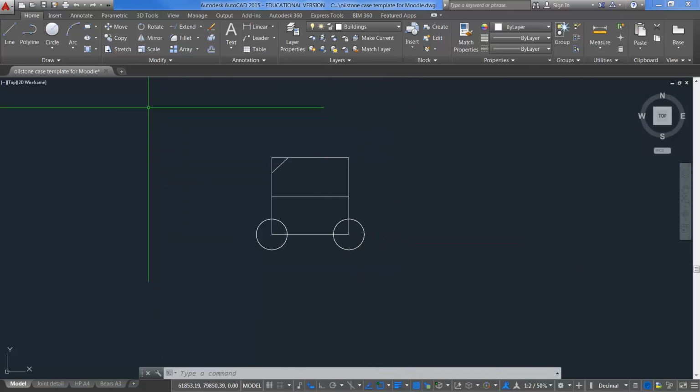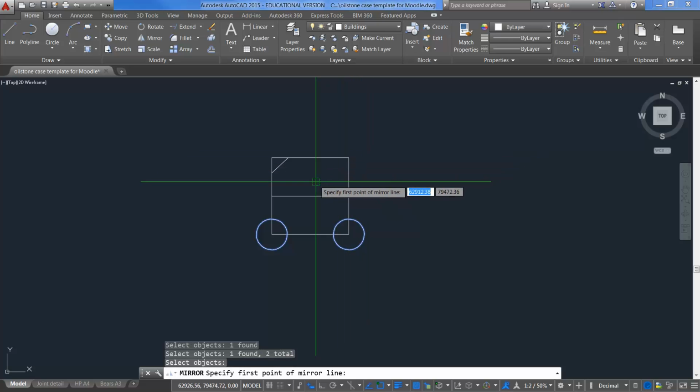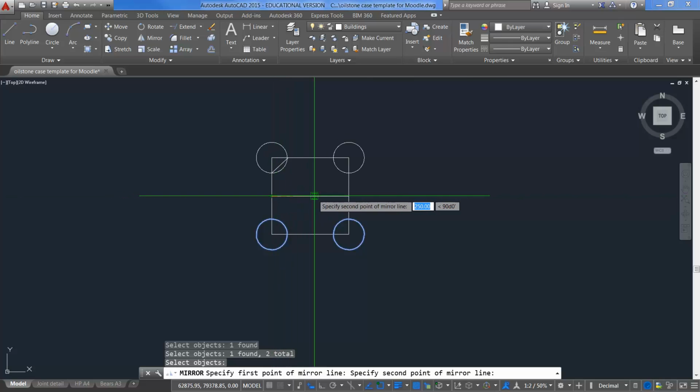Let's have a look at the mirror command. It's a very good command to know. The mirror command, I want to put these two circles on those two points up here. Using the mirror command, I can do that quite easily by just clicking on the mirror. Again, I've got my green cursor. Click on the two circles, that circle and that circle. If I right click for the second part of the command, I can specify the point I want to mirror from. So that's going to be the center of that line, and then I come across